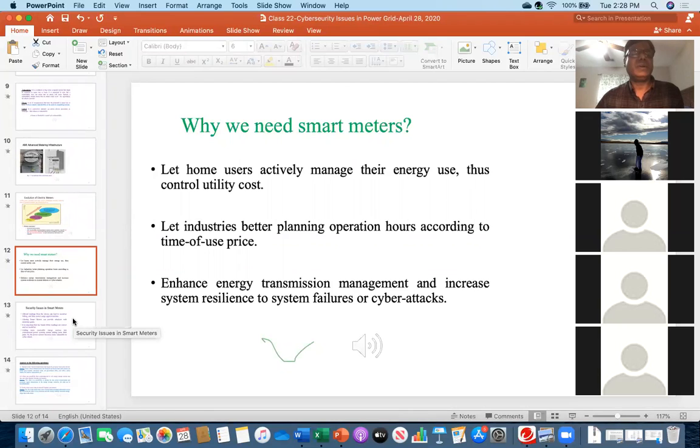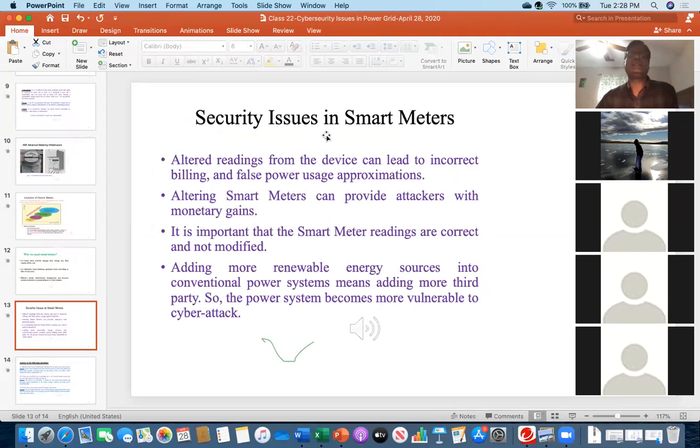Now, why have I brought this topic in front of you today? Because there can be cyber security issues in smart meters. So what is that cyber security issue? How may a cyber attack happen in smart meters? You can see what a hacker can do. They can alter or change the reading. I have written that altered readings from the meter or the device can lead to incorrect billing and